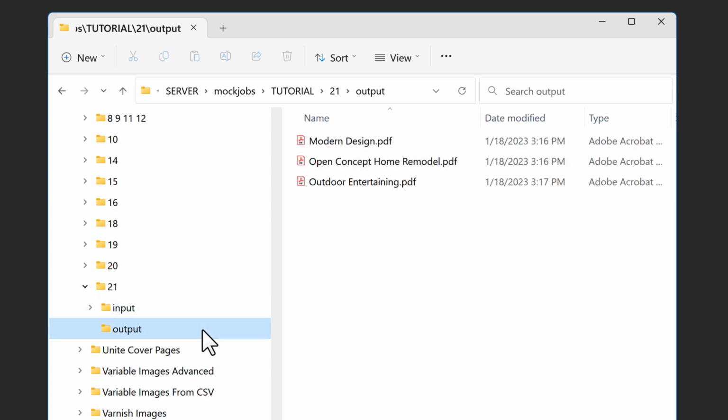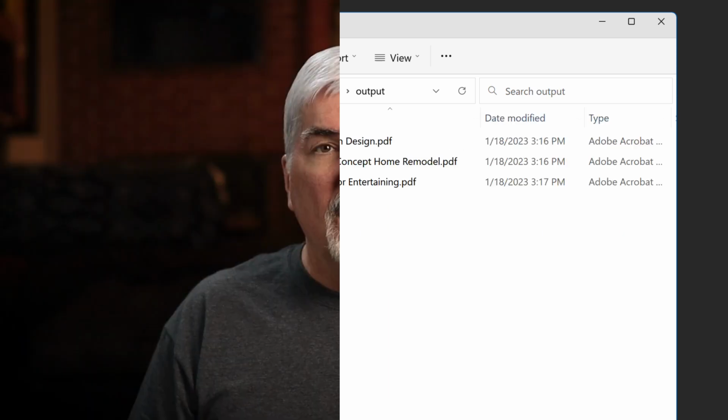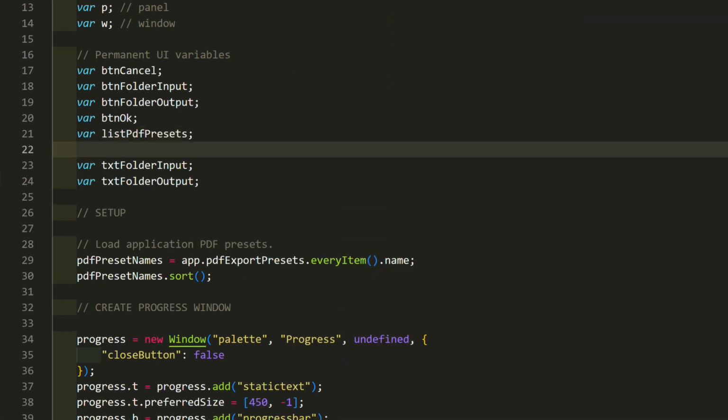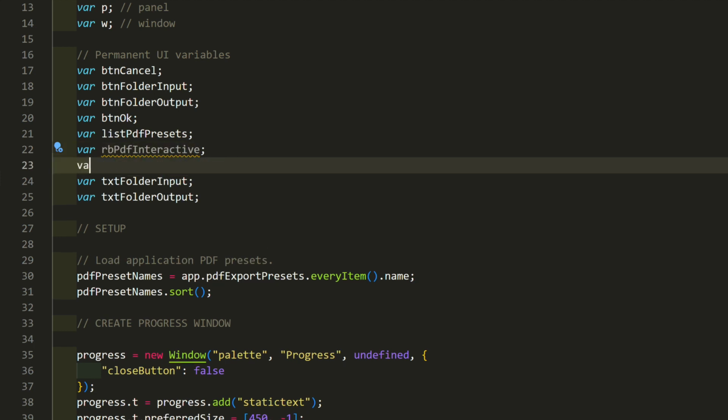Now let's export interactive PDFs. But we still want to make print PDFs too, so make an option for each. We'll use radio buttons. That's for choosing one or the other, never both. First, add two new variables: var rbPDFInteractive, var rbPDFPrint.